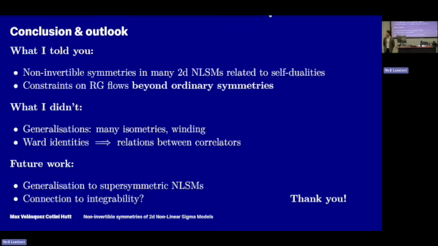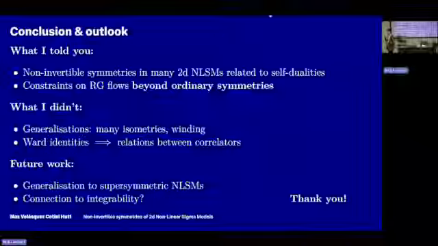So the reason that this at least is simplest to do in 2D is that when I do this gauging, the Lagrange multiplier that I have to put in order to restrict this gauge field is itself a scalar. And so when I integrate out the gauge field, I end up with an action full of scalars. If I study a 3D sigma model, then instead of using a scalar Lagrange multiplier, I have to use a one-form Lagrange multiplier, and then what I end up with doesn't look like a sigma model.